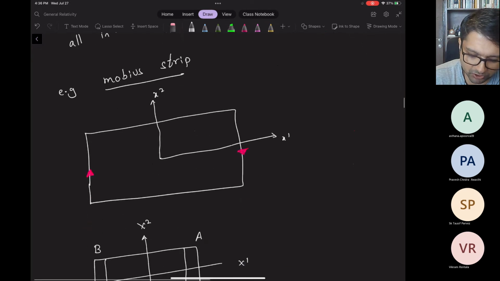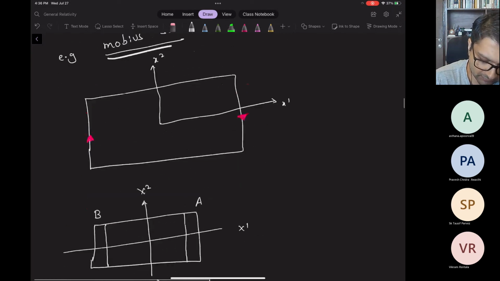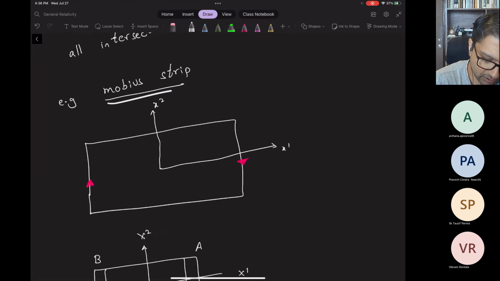So let's go back to our Mobius strip example and see how this happens. Our Mobius strip, we thought of as this rectangle. But now what we need to do is assign unique coordinates to every point, and the coordinates need to be smooth. So naively I would say, let me put an x1 and x2 on the strip. But then you see that, for example, this point, let's suppose this is at minus a on the x-axis, and let's say plus b. Then the coordinates of this point, which is actually mapped to this point, would be at plus a, comma